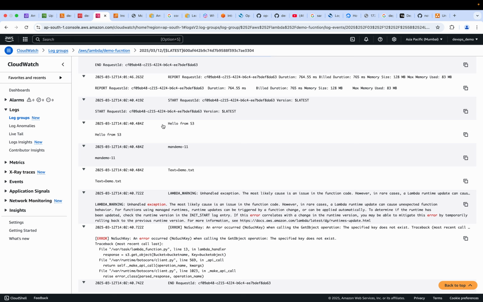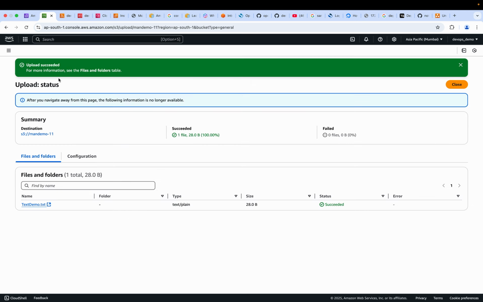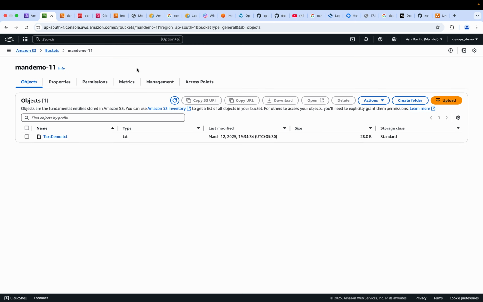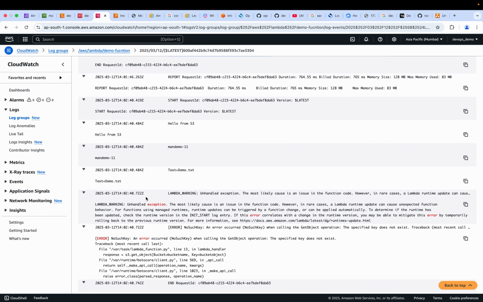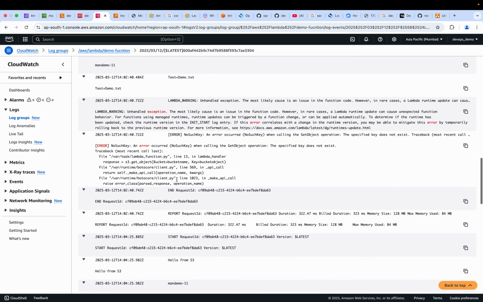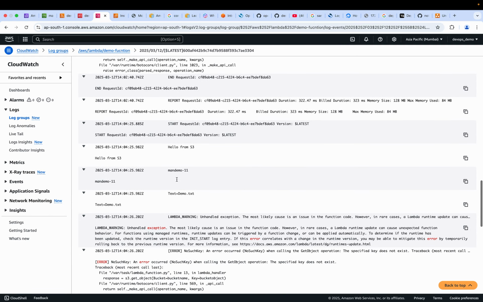Then it has printed the custom message hello from S3. Then your bucket name man demo-11. If you see, this is the bucket name man demo-11. This is the bucket name. Then you will see the message text plus demo.txt. It's coming from the bucket, the object name, the file name itself, correct? That is there. Then if you get into more detail,